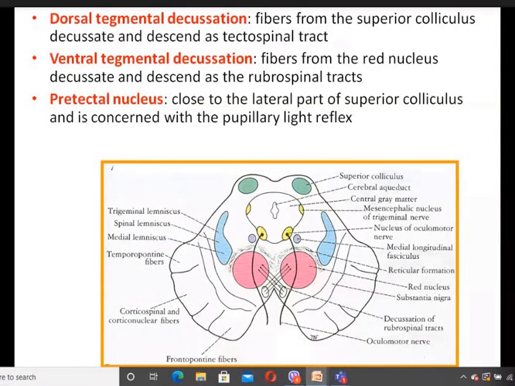inferior colliculus, the trochlear nerve nuclei and the trigeminal, spinal, medial as well as the lateral lemniscus and the red nuclei are also present at the level of the inferior colliculus. So the lateral lemniscus is not there in the superior colliculus because it is terminating at the inferior colliculus. So they are the main features which are present at the superior as well as the inferior colliculi level.